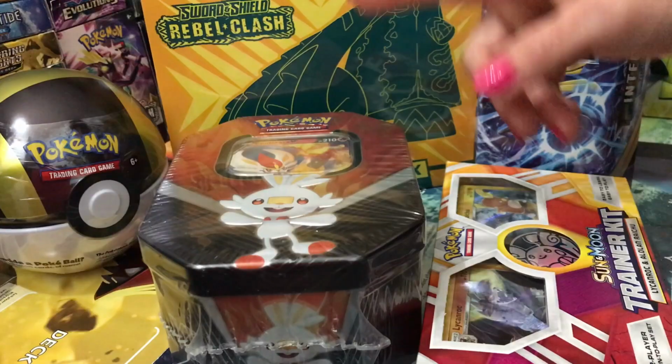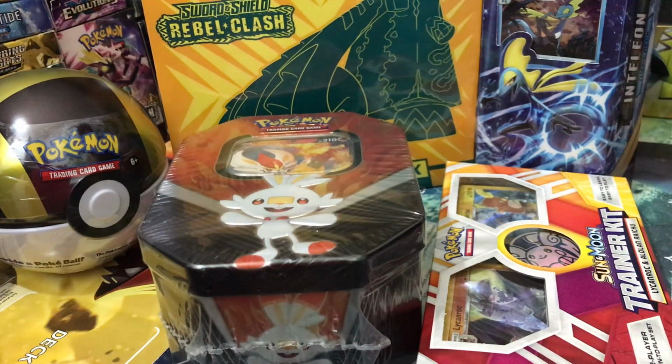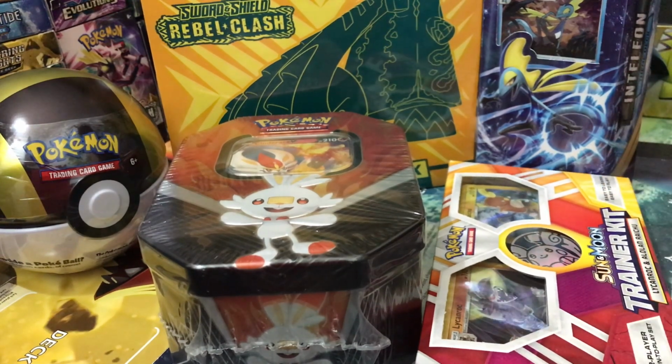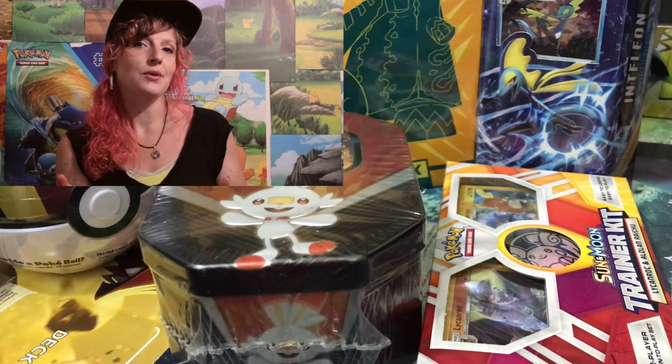What's good for collecting? So I've got for you the Cinderace Pokemon Tin, an Ultra Ball Pokemon Tin, the Rebel Clash Elite Trainer Box, an Inteleon theme deck, and a Sun and Moon trainer kit with Lycanroc, Alolan Raichu. So I'm going to open all of this up, go through it with you, but I'm also going to be